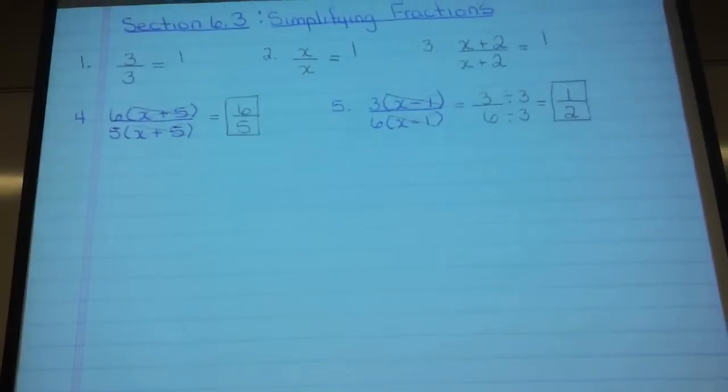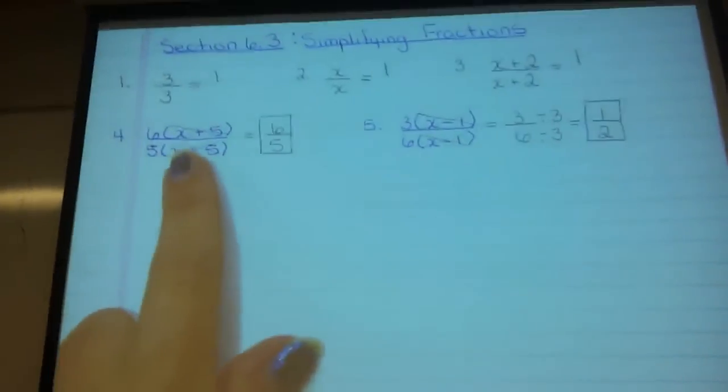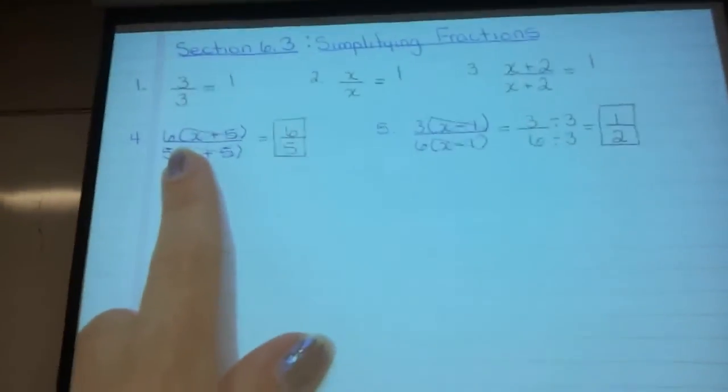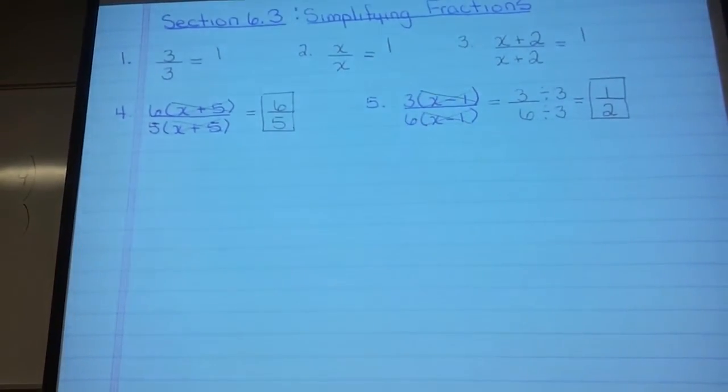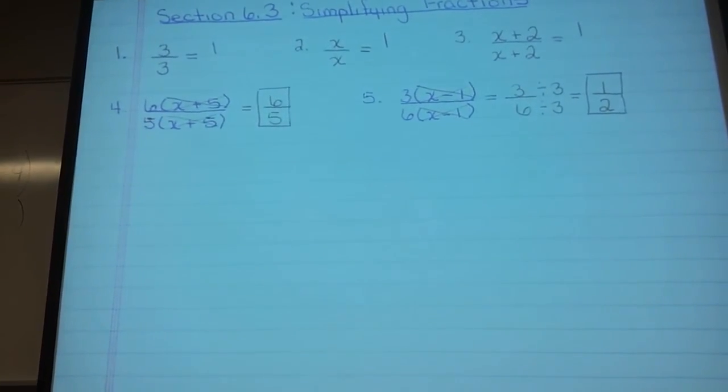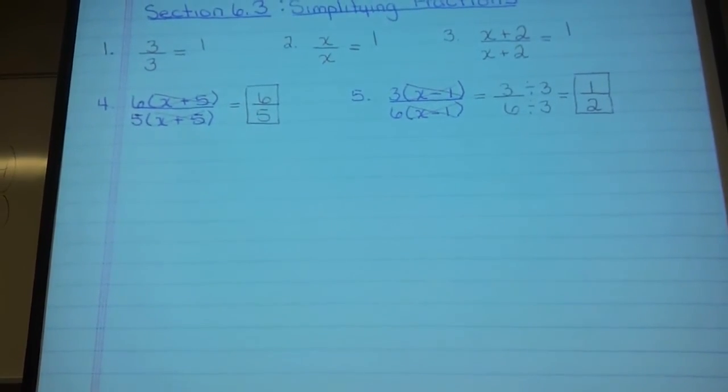Okay. Now notice, on both of these examples, I already took the GCF out for you. These are GCFs that are sitting out here on the ends. That's not going to happen every single time. That's just being nice at the very beginning. Now let me give you one where we actually need